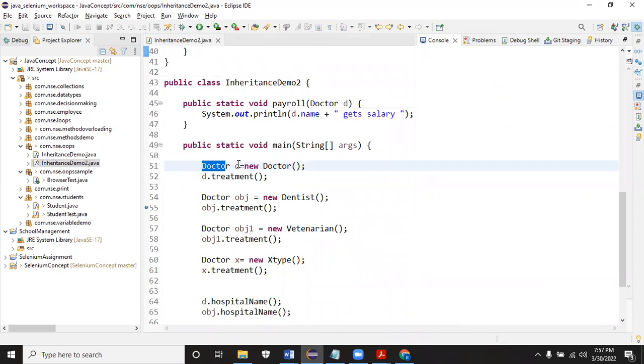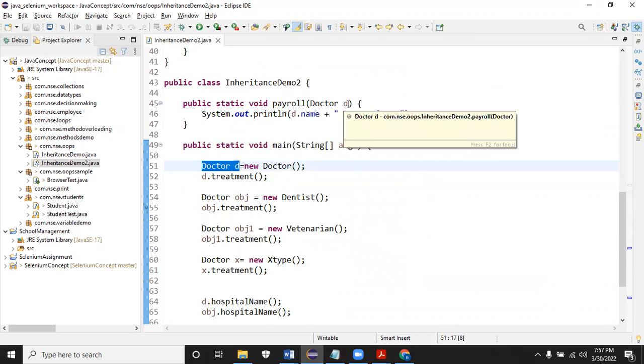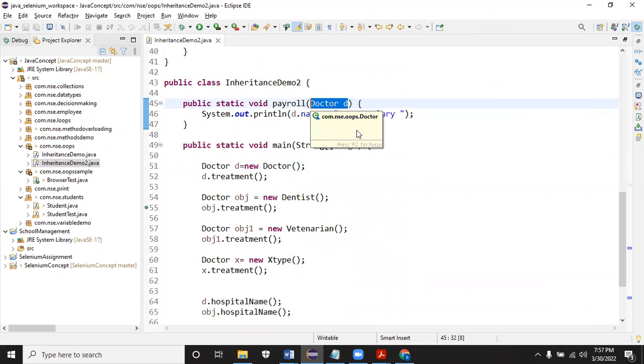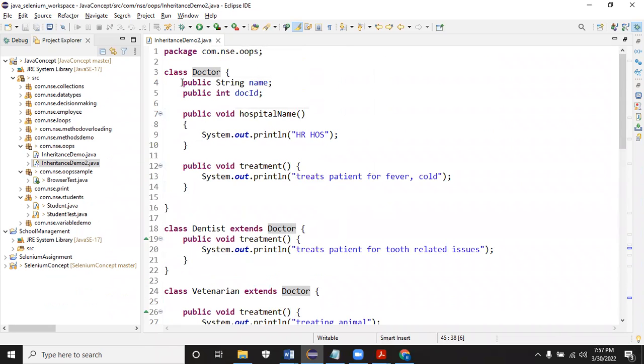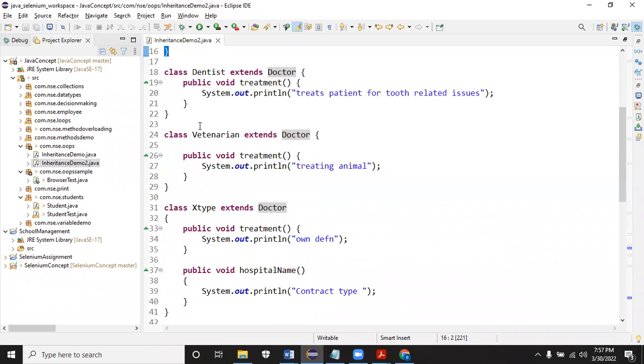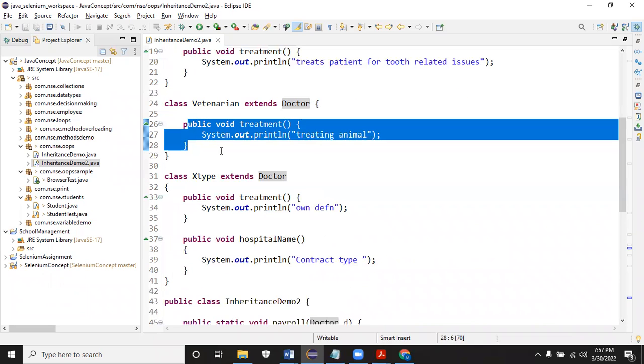Why we are storing it in a common layer is just to make sure any method can accept the common layer easily. See, if I provide dentist, then it can deal with the object of dentist, not for other type of doctor. And I have to create it and create the payroll for each and every doctor. So that's why we are making some common layer. And here all the classes have its own definition. Doctor class have its own method, dentist will have method, overridden method and its own method, veterinarian will have its own method, overridden method, extract.